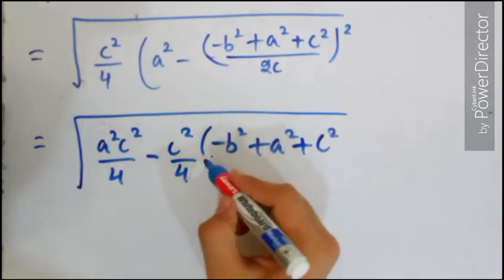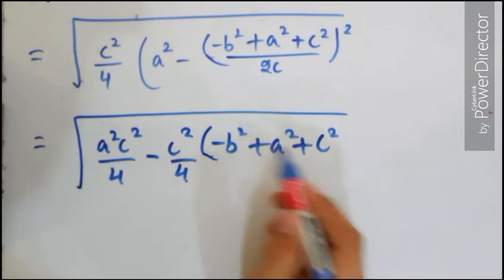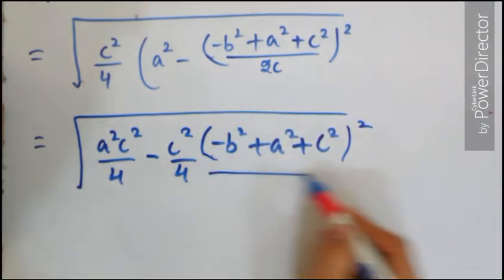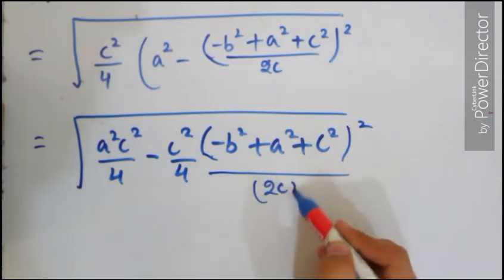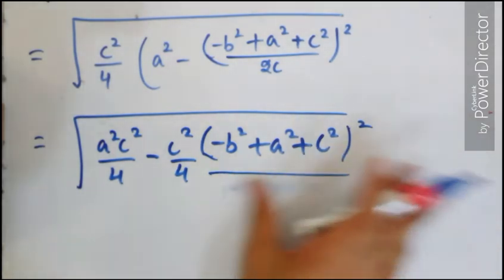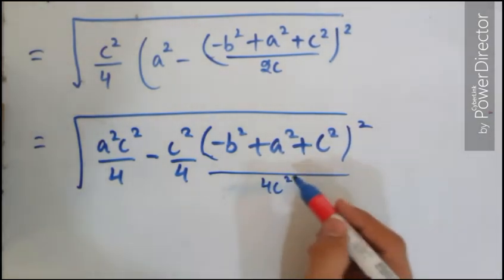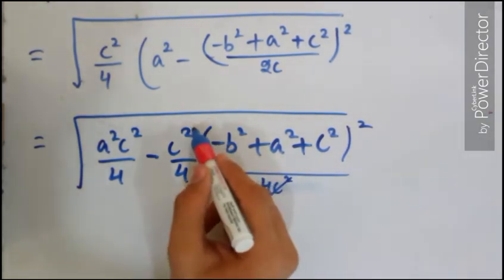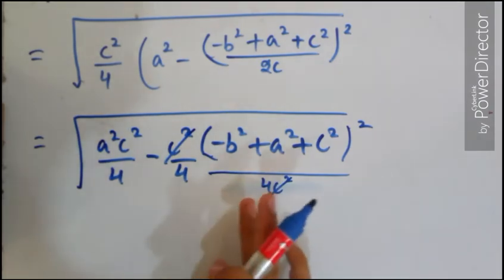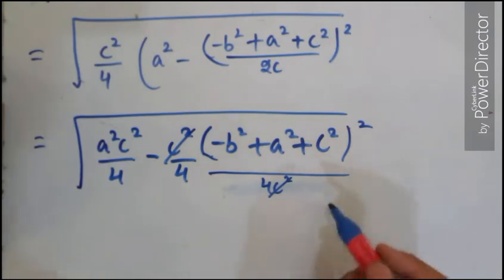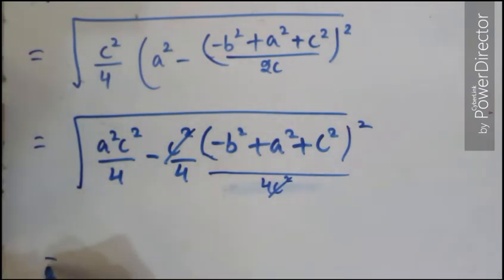And if we open the bracket right here, we have this squared and over 2c squared, and we can write this as 4c squared right here, and we get that c squared can be cancelled with c squared, and we have here 4 and 4, so we get 16. 4 squared, let me do it in the second step,